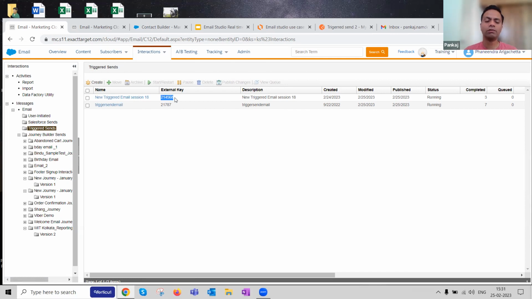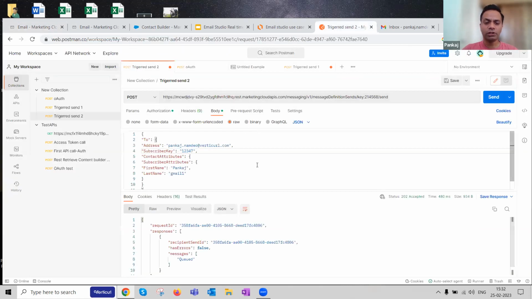But since we don't have Magento, in that particular case we will simulate that. And how will we do that? Postman comes to our rescue. Postman is a tool with the help of which you can simulate or test your API-related things. So in our case as well, we'll use Postman. I've set up everything. I'm not going through the details of what I have done, but I've set up all the things over here in terms of authorization and the body that is required.